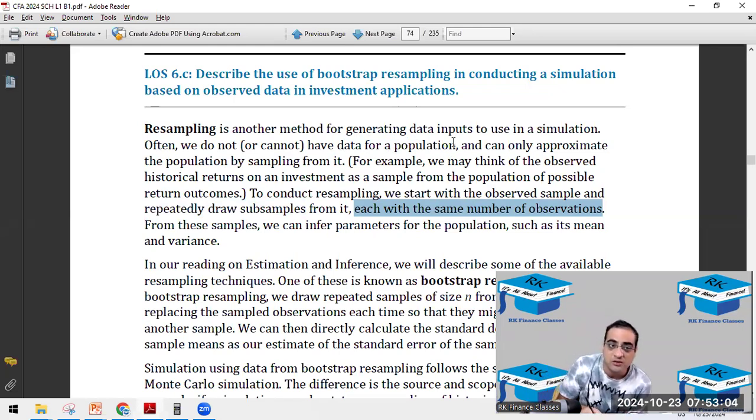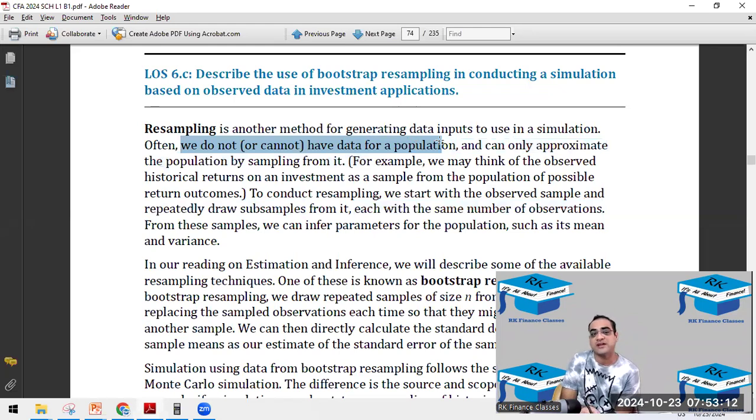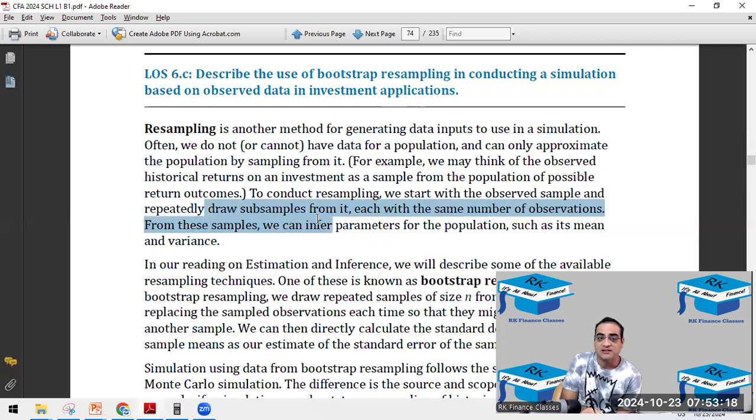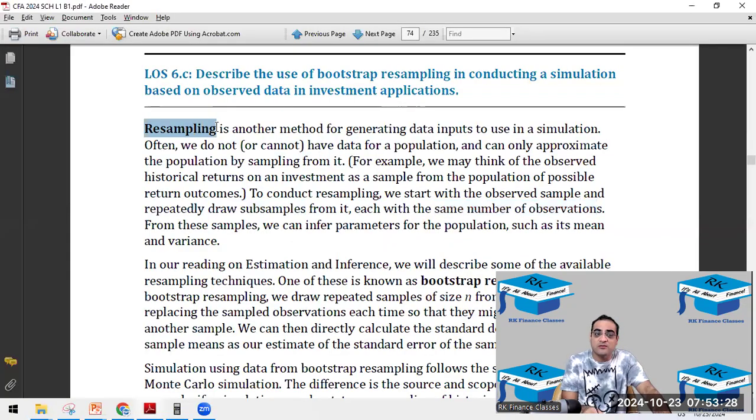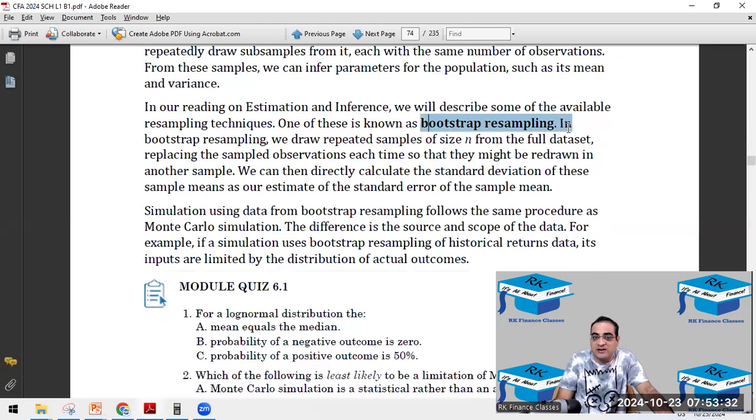Okay, so because the population might be, like India's population, 140 crore, we may not be able to reach out to the entire data of the population. So we can only approximate the population by taking samples. So we start with the first sample and then we keep on taking subsamples, with each subsample having the same number of observations. So this question was easy, इसके लिए easy क्योंकि the word resampling was there in the bold format. तो दिस पैराग्राफ कैन नॉट बी स्किप्ड, एज वेल एज ये वाला इसमें भी था.